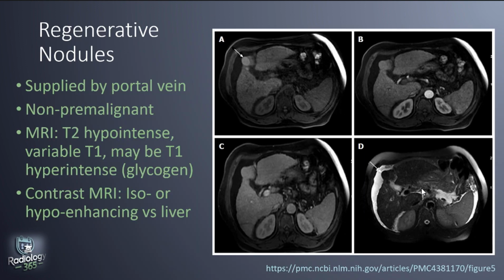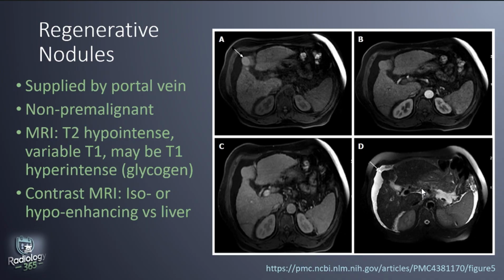Regenerative nodules are benign formations that occur as a result of liver regeneration in cirrhosis. These are not pre-malignant. They retain portal venous supply. The liver is mainly supplied by the portal vein. So the fact that these regenerative nodules still maintain portal venous flow makes them more benign, and they do not develop neovascularity. On MRI, they usually appear T2 hypointense and may sometimes be T1 hyperintense due to glycogen or copper